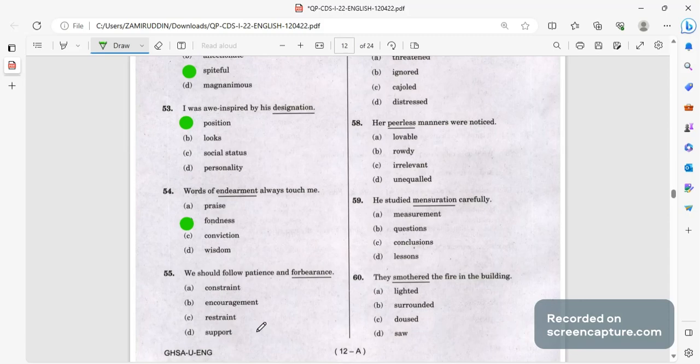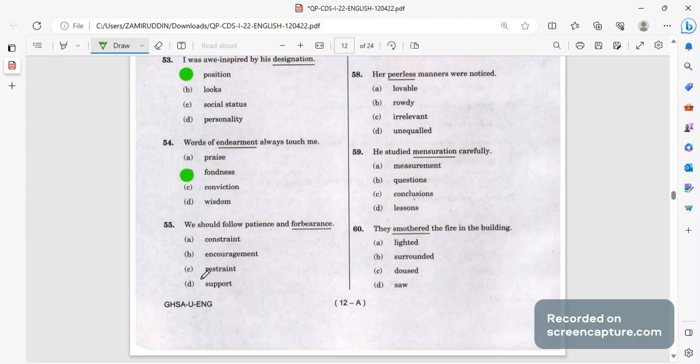Now we should follow patience and forbearance. Forbearance मतलब self control, अपने आप पे control रखना. So we can say it as forbearance is restraint. We have control over ourself. We should follow patience and forbearance, we should have self control on ourselves, restraint will be the right answer. Next,